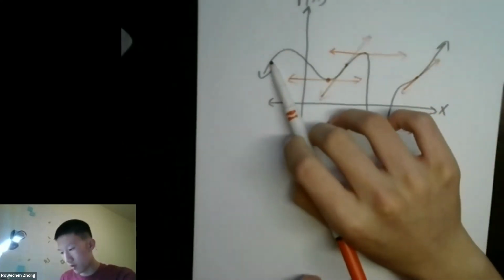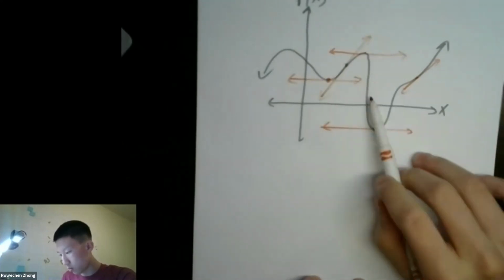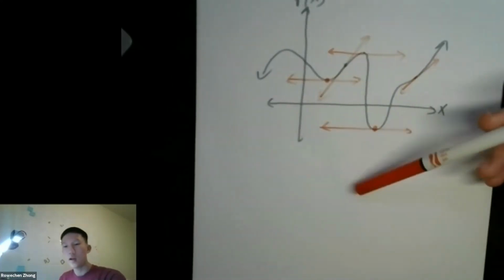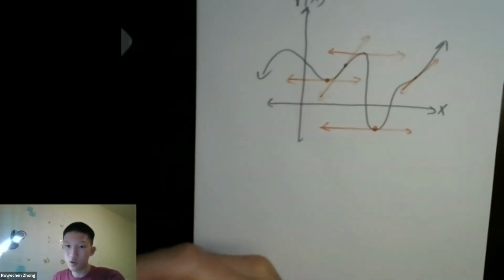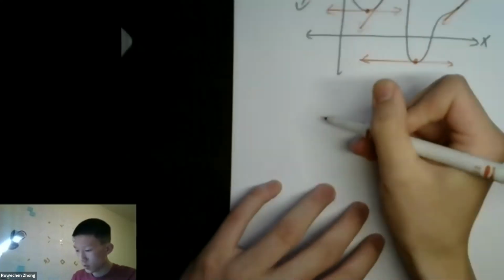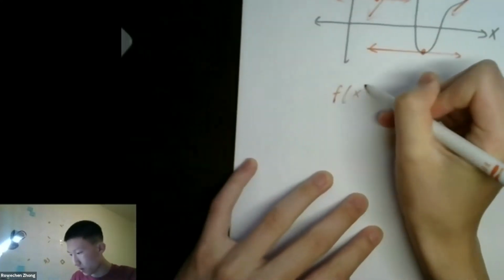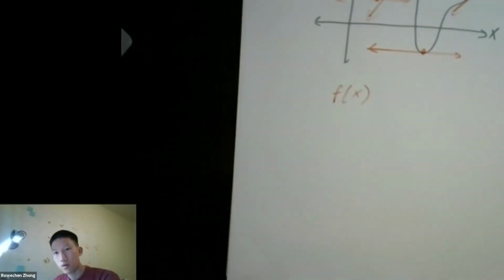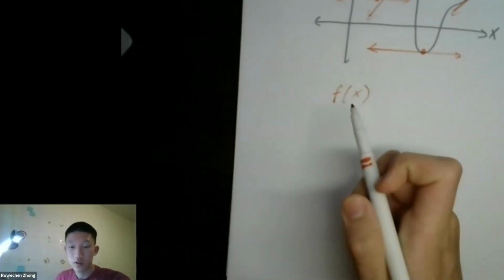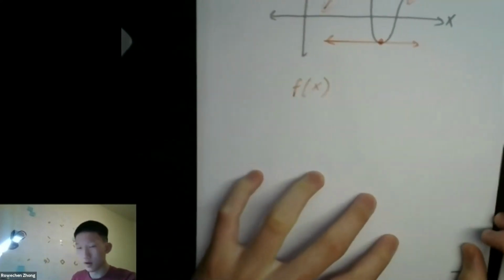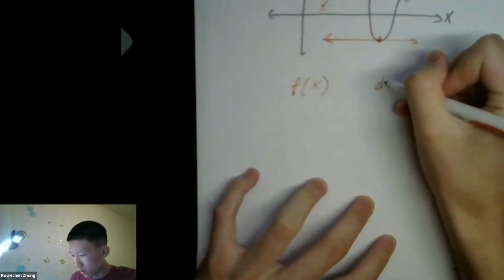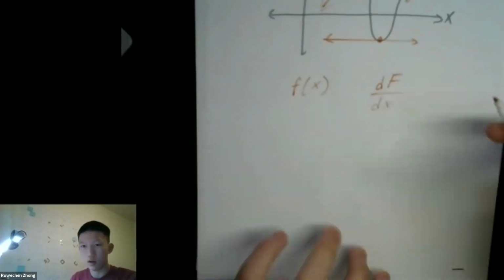I can find a derivative at this point, this point, this point, all of the points. And if I take all its derivatives and put them together, I can make a new function, right? I can make a second function. If I start with an original function, f of x, and then find a derivative at a certain point, like at 5, then I'm finding the derivative at 5. But I can also find a derivative at any point, and that function is called d over dx of f.